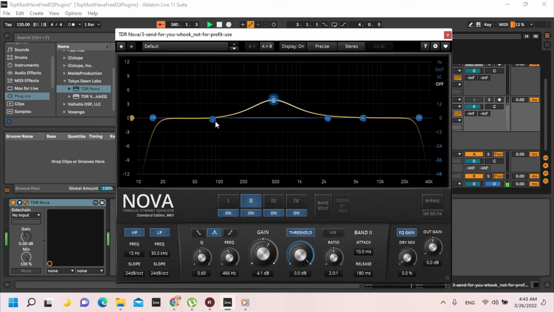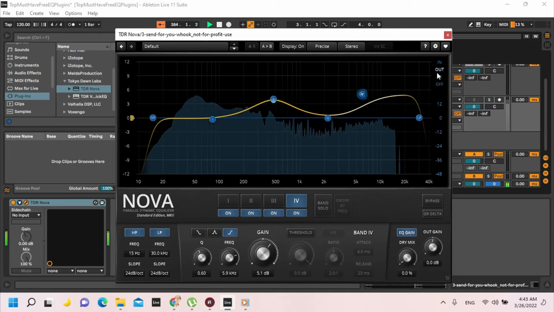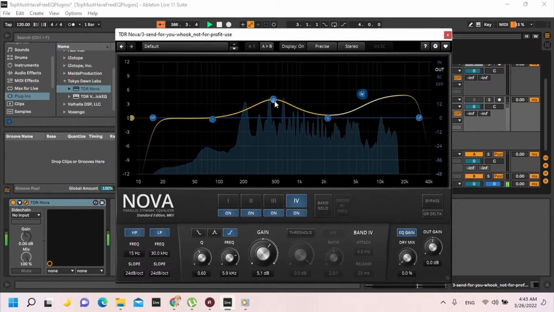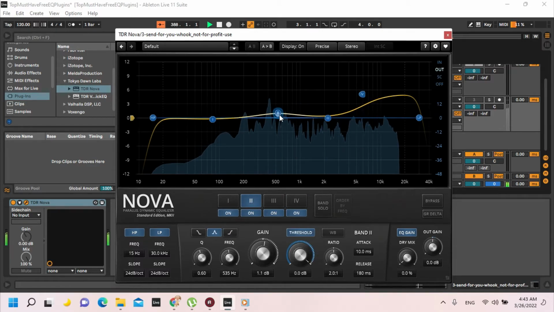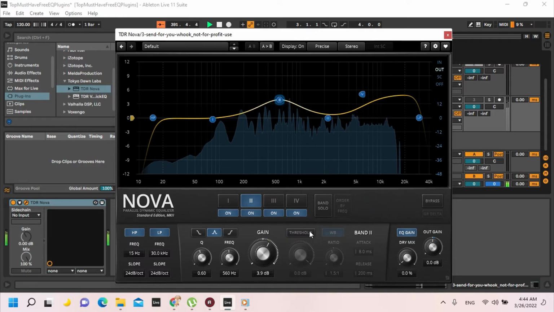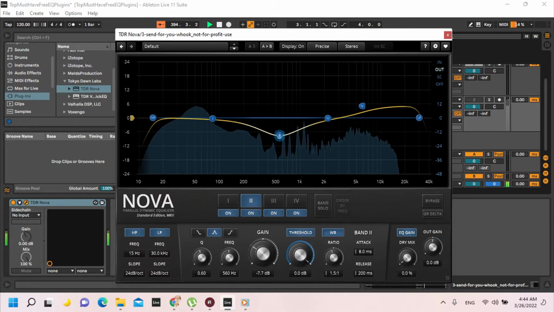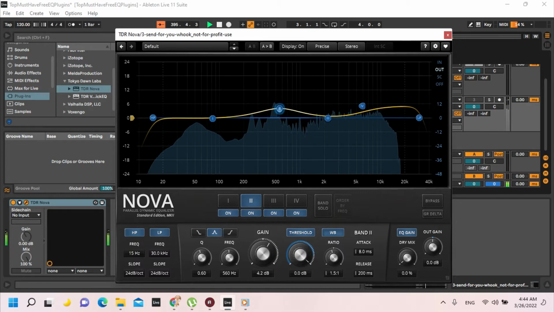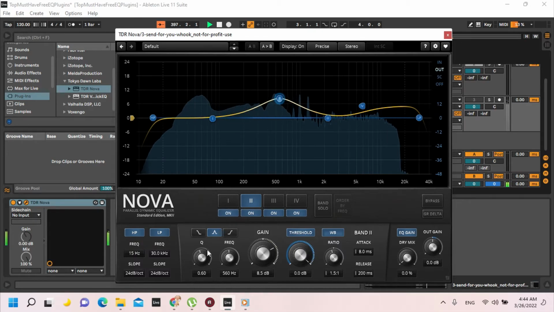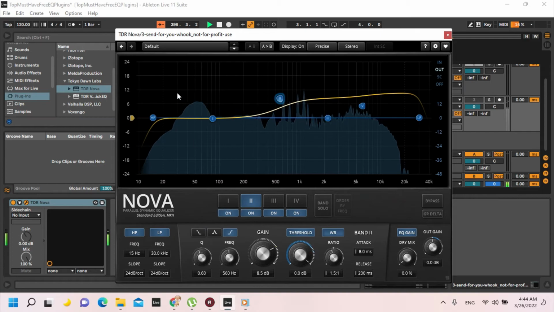The built-in spectrum analyzer and the excellent equal loudness functionality make Nova an intuitive mixing and mastering equalizer for newcomers as well as experienced users. The most impressive thing about Nova is how easily it transforms from a simple parametric EQ into a super precise dynamic equalizer. You can use it, for example, on an acoustic guitar high frequency where you have glistening features, and